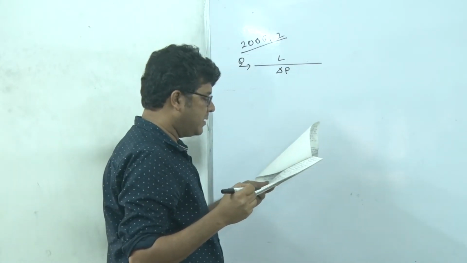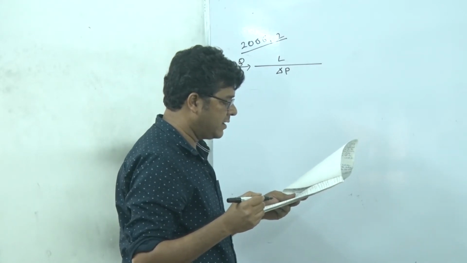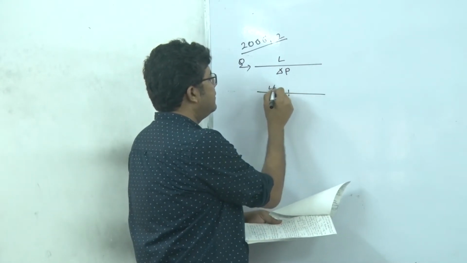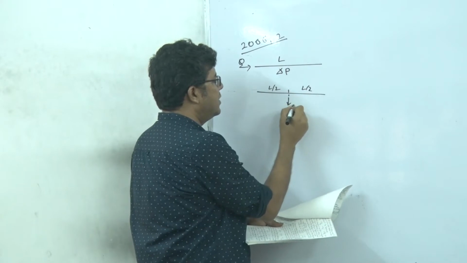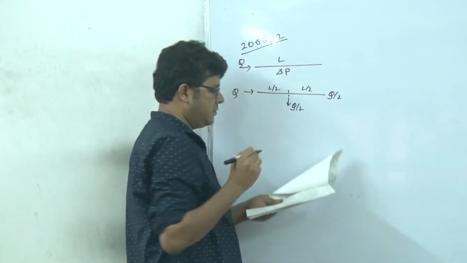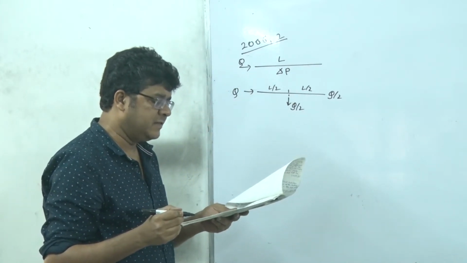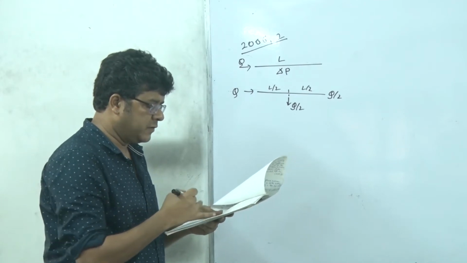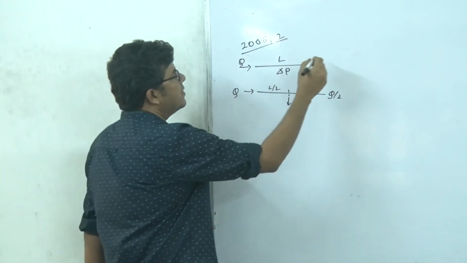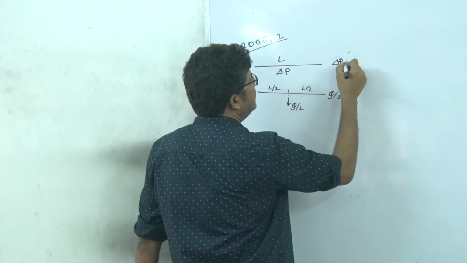Now a leak develops at the midpoint of the length of the pipe and fluid leaks at a rate of Q by 2. So in the second situation, this is L by 2, this is L by 2, and here it leaks out at a rate Q by 2, so definitely here we will have Q and this is Q/2. Assuming that the friction factor in the pipe remains unchanged, find the new pressure drop across the pipe for the same inlet flow rate. Now see, for the first case, we can write that delta P is equal to, we know